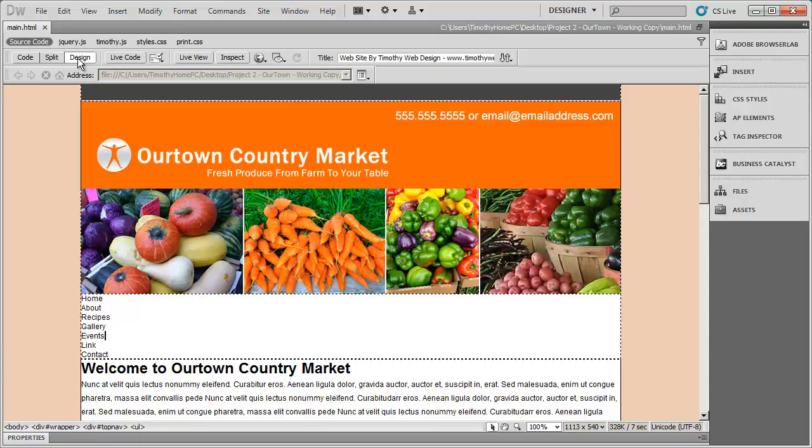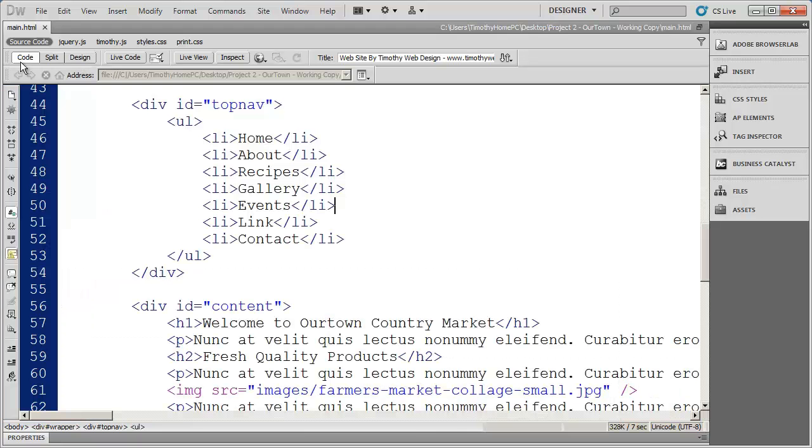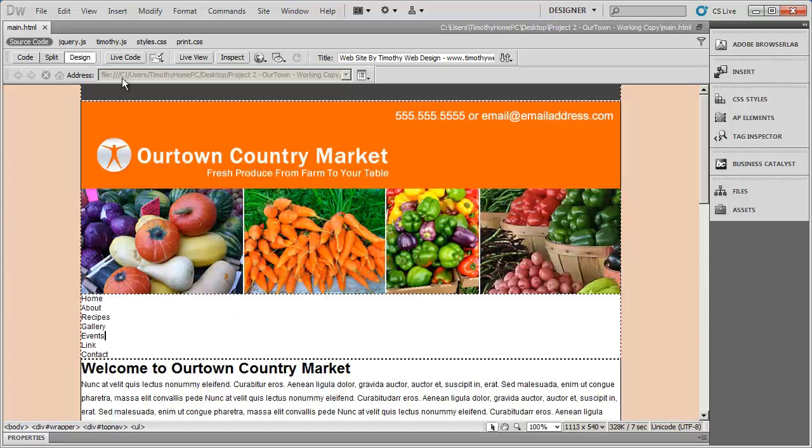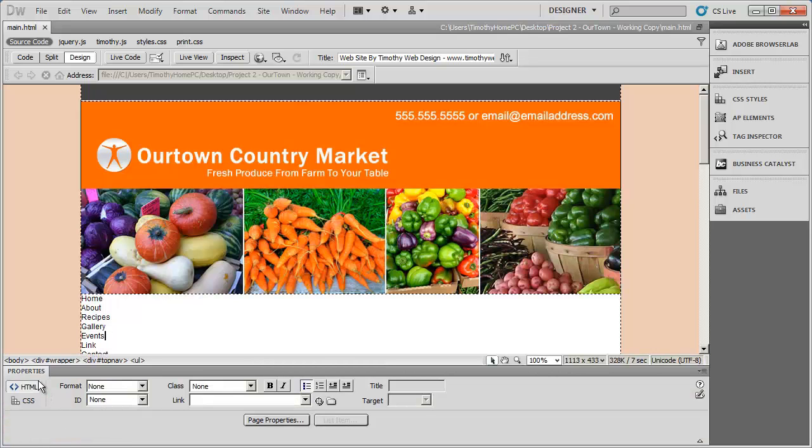Dreamweaver's design view is great for speeding up common tasks and also debugging things like CSS, but it's not intended to be the tool that you use to create your entire website. Most of your work is going to be done in code view, and you're just going to be working with content, working with common tasks, or debugging CSS or your layout in design view. That's really what it's meant for. You can see here I have my properties panel right down here at the bottom, and I can double click on that to expand and collapse it. We went over that in the introduction series, but I'm going to open that up,